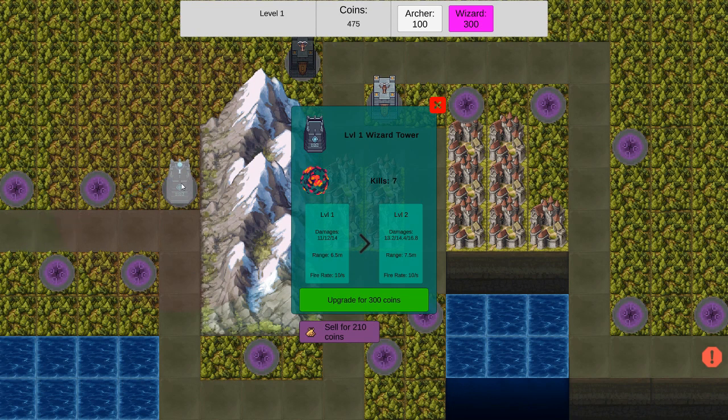I think you can afford another wizard now, though. Ooh! And if I click on a tower, I can apparently up... So this thing has 7 kills. I can level it up, so I can sell it for almost a third of the value. Ooh, that one's getting speedier. So if I level it up,